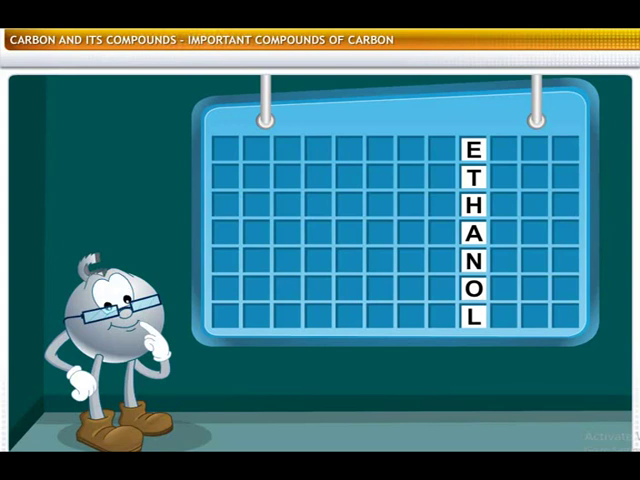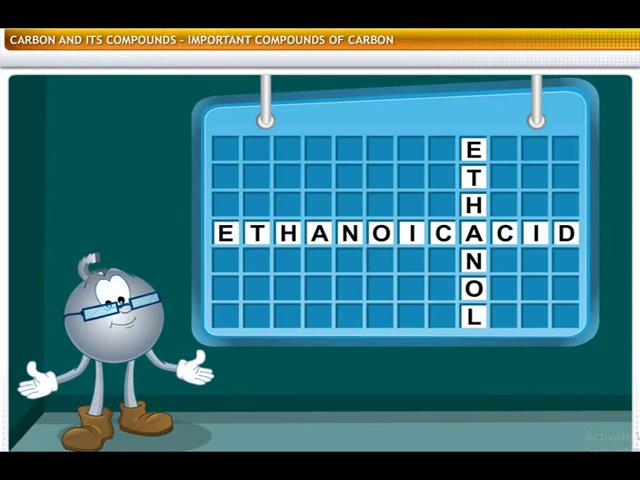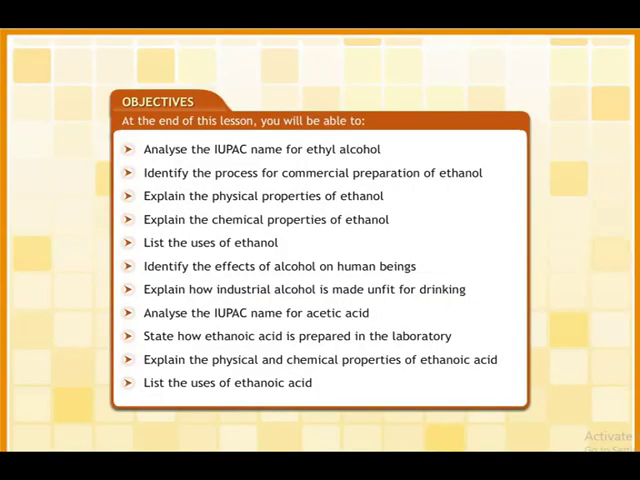A German chemist, Hermann Kolbe, for the first time in the year 1847, synthesized this compound from inorganic materials. Didn't you think that these were interesting facts about ethanol and ethanoic acid? In this lesson, you will gain a deeper insight into the characteristics and uses of two carbon compounds, ethanol and ethanoic acid. At the end of this lesson, you will be able to